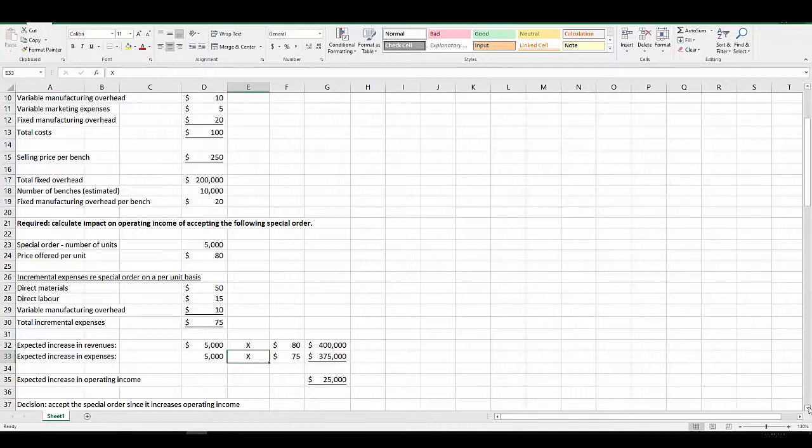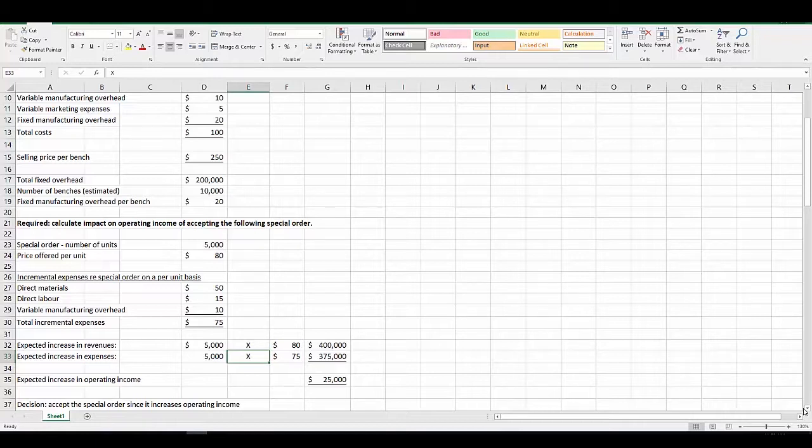The only downside of this is if your regular customers who are paying you $250 per bench find out about it, they're not going to be very happy. So this is something you have to be mindful of, that this can't be a continuing way of doing business. You can't lower your price from $250 to $80 for everybody because you're not going to make enough to cover your fixed cost. However, if you have some capacity left, your facilities weren't fully deployed,